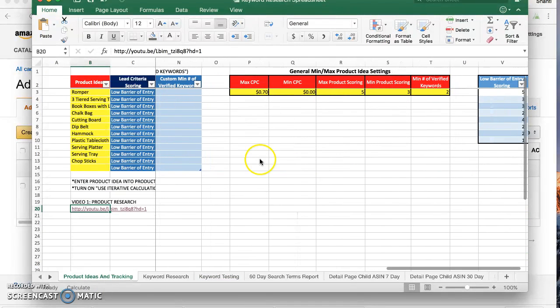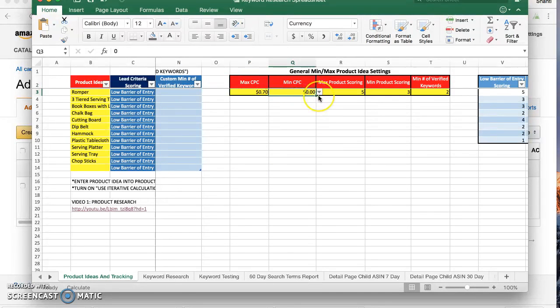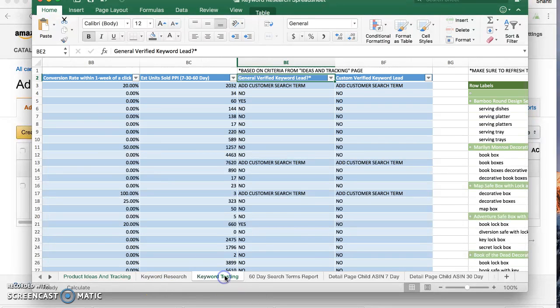And this is where these product idea settings come in handy. So the max CPC and min CPC show what we're willing to go up to and what we're not willing to go over and what we're not willing to go under. So I have my max CPC set to 70 cents and the min CPC set to 0. So basically, anything under 70 cents is going to be a verified product, right? So if the CPC of a search term is 75 cents, 71 cents, it's not going to show up as